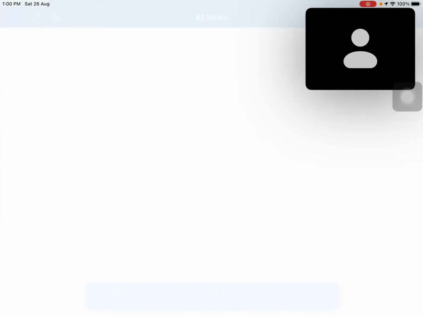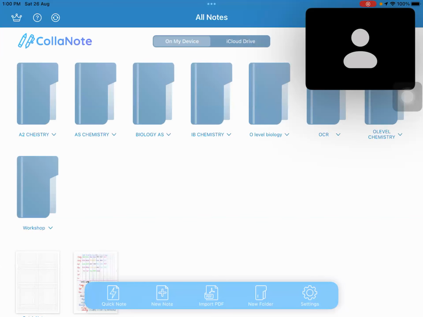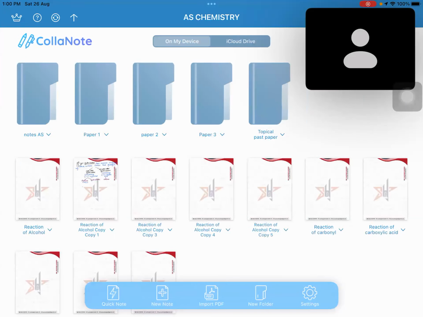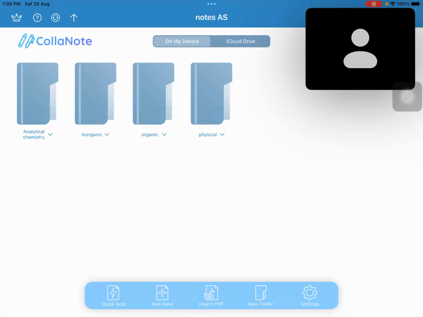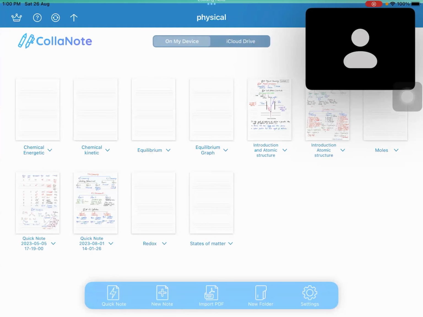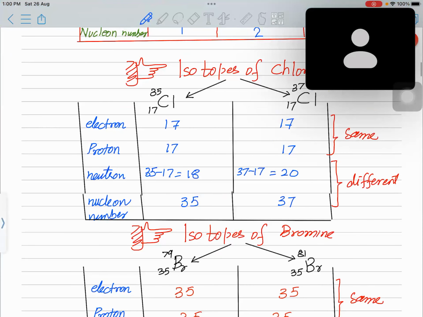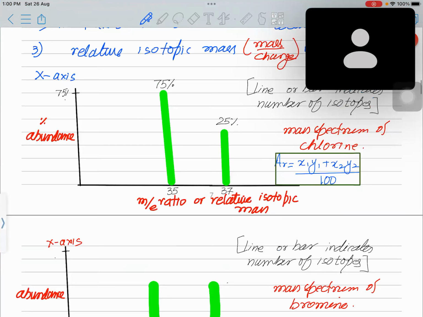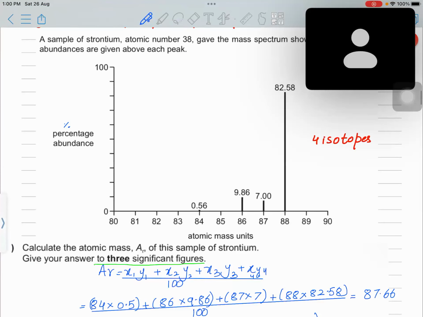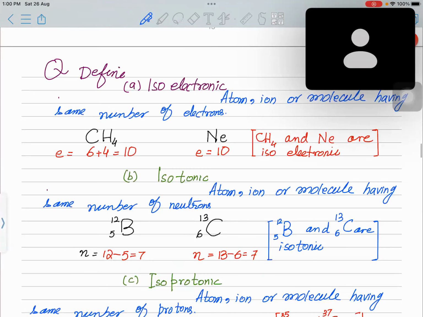Lecture number 8. Can someone revise the last lecture? Oh, we talked about ionization energy, right? I think so. We have discussed the mass spectrometer, lecture number 8. Yes, here we have